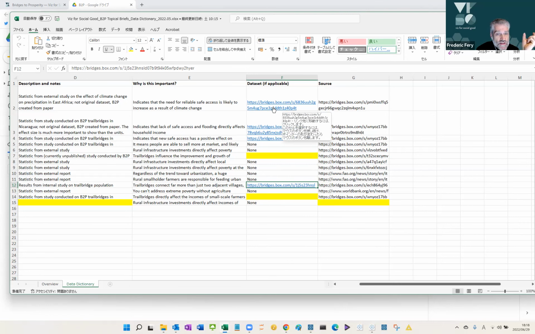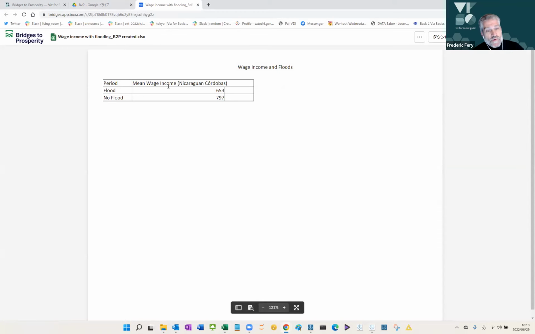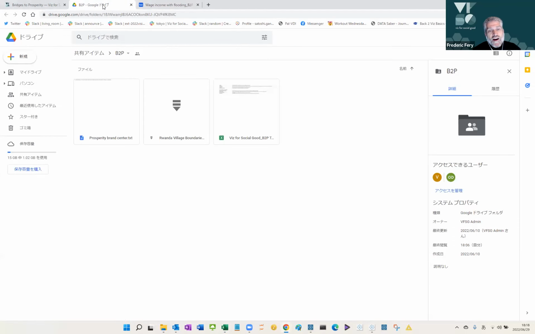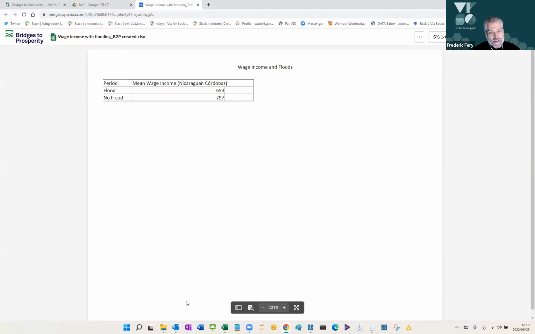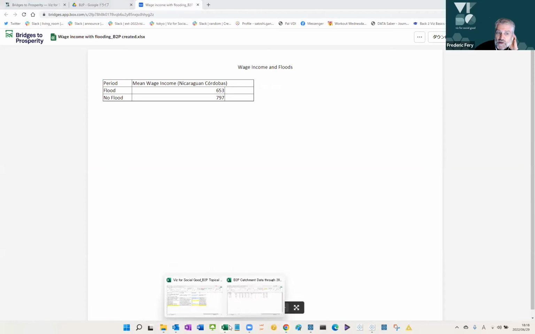There's one about wages, maybe it's row number 3. Hang on, let me check. I've got my Excel file. Yes, like this one, for example. So how do you visualize that kind of stuff? I think that's probably the big trick.